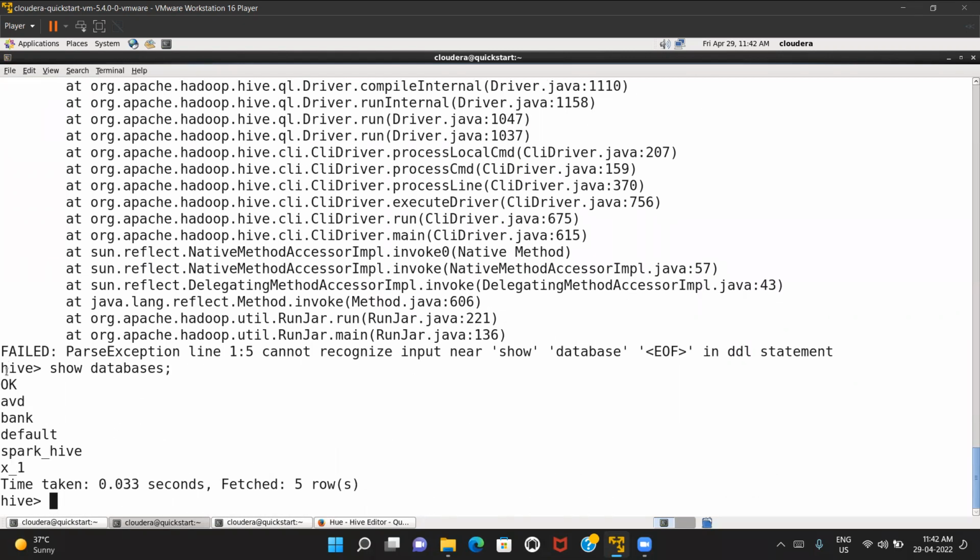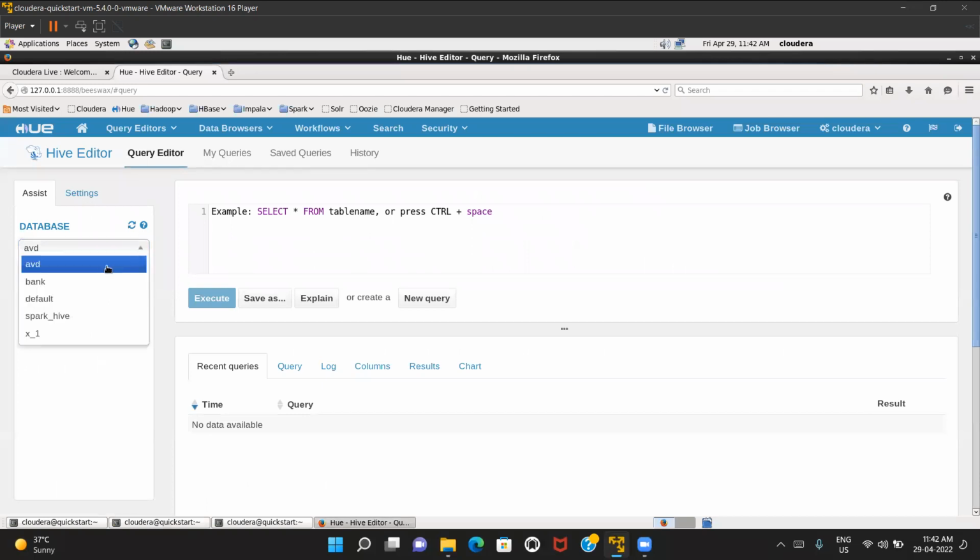Now, how many databases are there? AVD, bank, default, Spark, X. 5 databases, right? What are these? AVD, bank, default, Spark, Hive. So graphically, they are displaying your databases, right? If not, I want to see this. Show space databases, semicolon. So this is giving you,